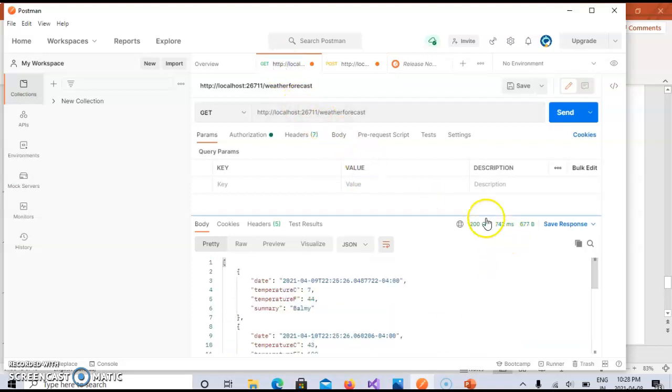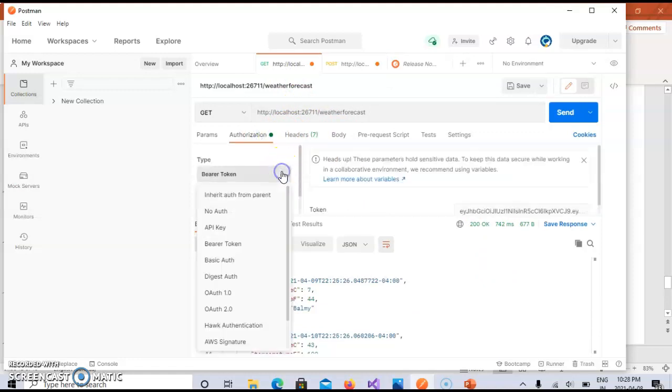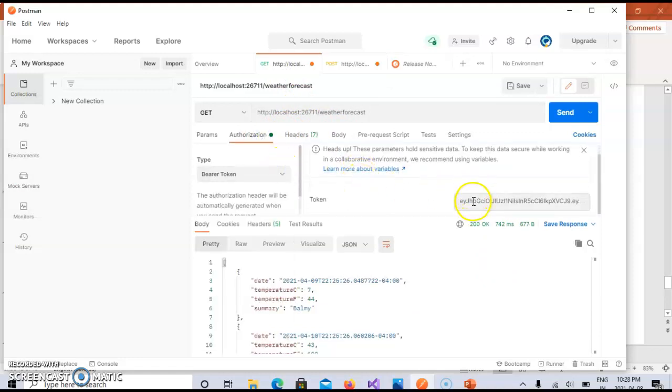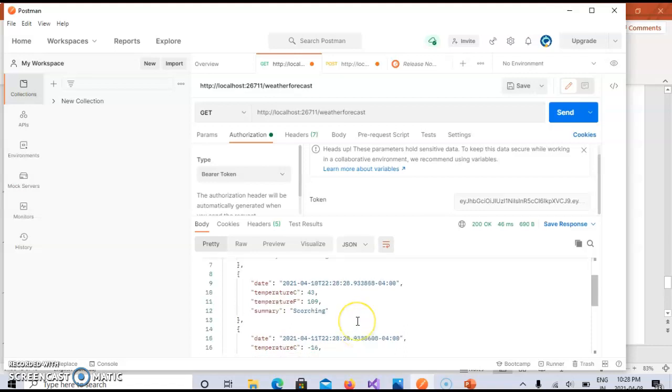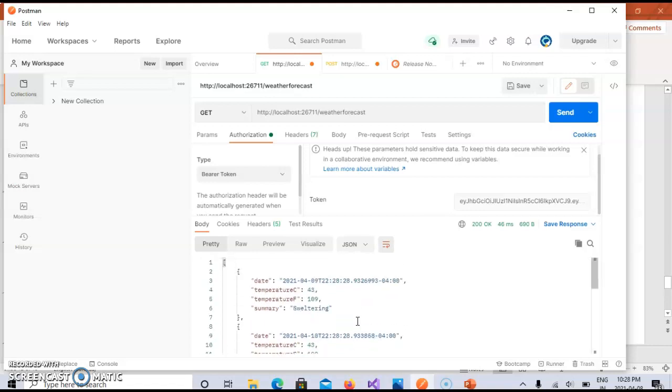So I paste this token over here as the authentication bearer token, and then I try to fetch the data, and as we can see, I can successfully fetch the data from the web application.